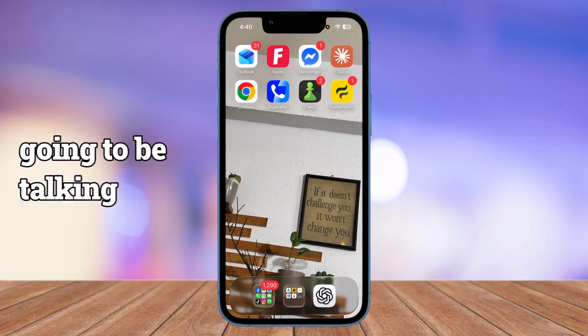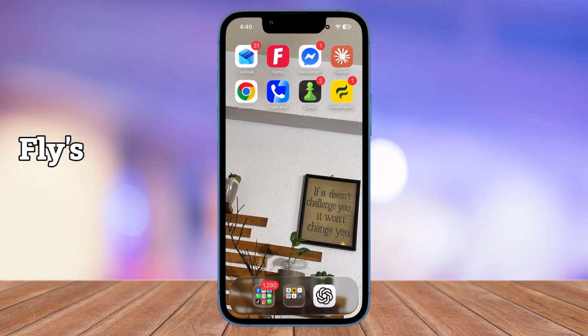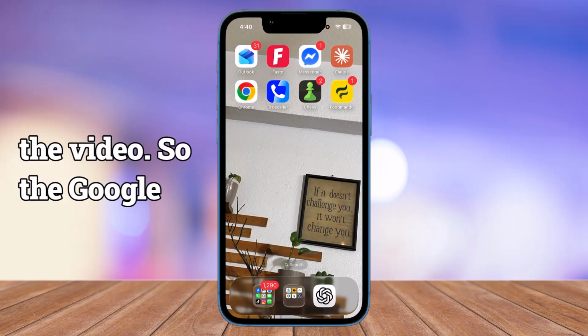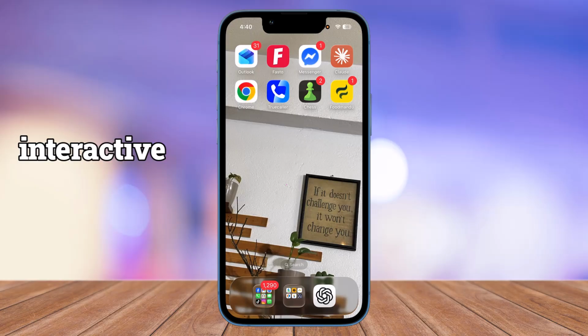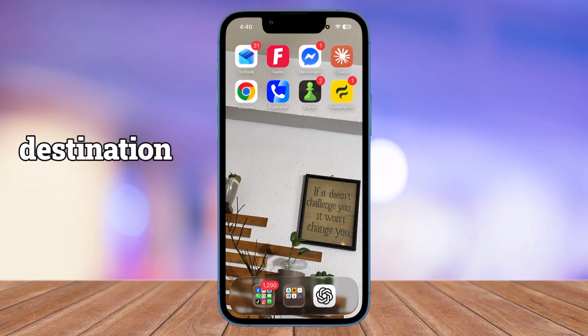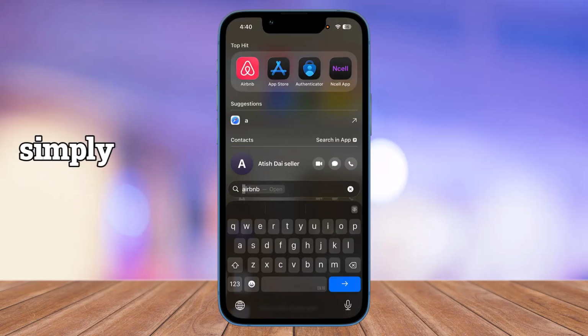In this video, we're going to be talking about how to use Google Flights Explorer feature. So let's get straight into the video. The Google Flights Explorer feature is an interactive tool for finding cheap flights when you are flexible on destination or dates. In order to do so, all you need to do is simply go ahead